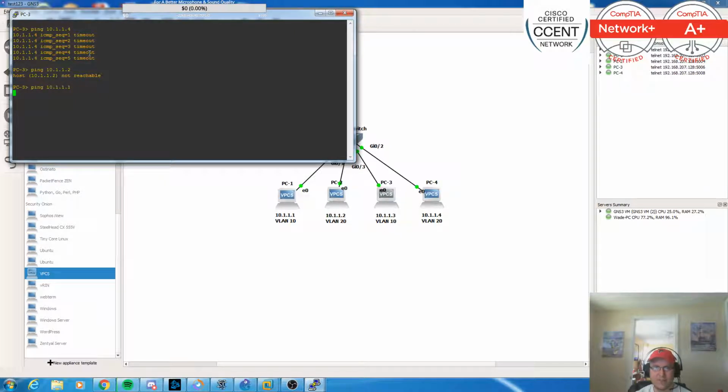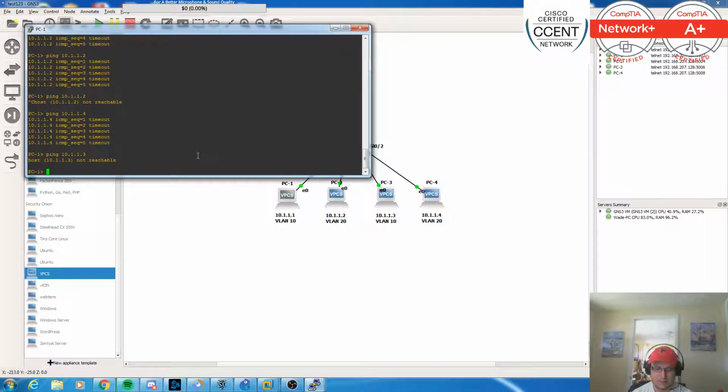Now we're in the same VLAN. And notice that now we're communicating with PC1. The reason why is they're both in VLAN 10. They logically really believe that they are on a separate switch from the rest of the other PCs. And I will show you from PC1 here, trying to ping PC2 in VLAN 20, I cannot,